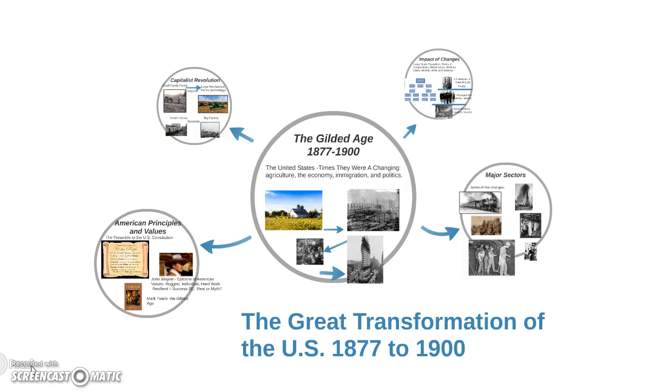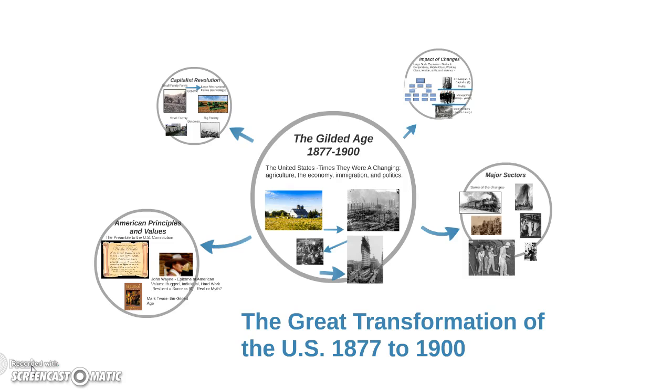So that being said, I think at this point I'll stop this video lecture and let you jot down any questions you have. But we're next going to look into what I consider to be the greatest change in this time period, and I think that's the capitalist revolution. In order to really talk about that, we need to understand what capitalism is and what it isn't, and then understand what happened in the time period 1877 to 1900. So that's what we'll pick up in our next video lecture, this idea of the capitalist revolution.